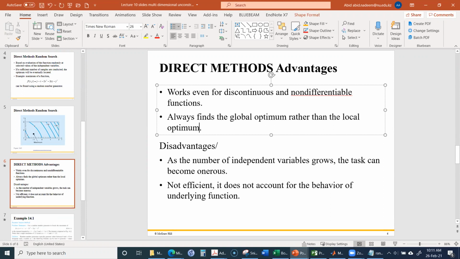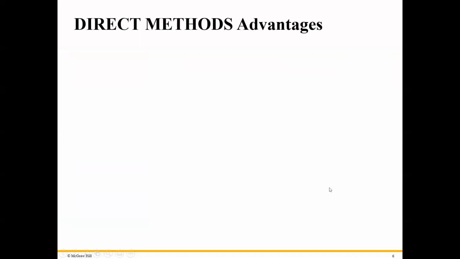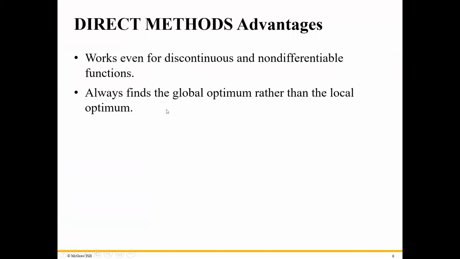This is the advantage, and this is the correction. It always finds the global optimum rather than the local optimum, because it does not